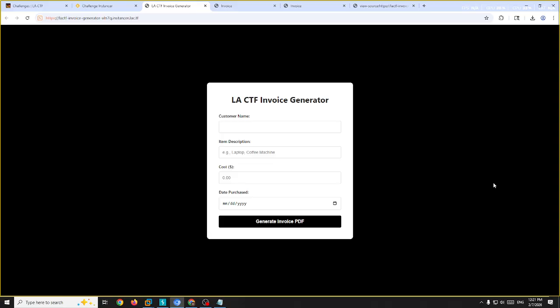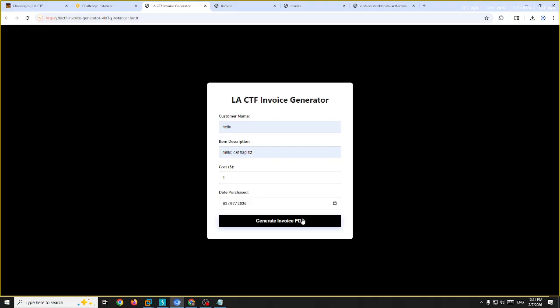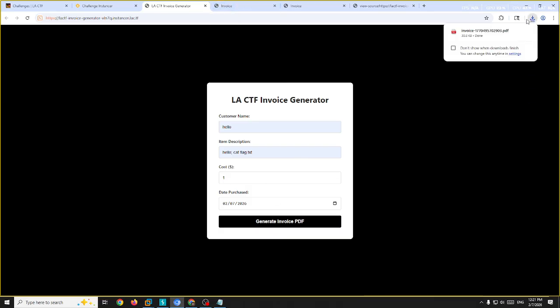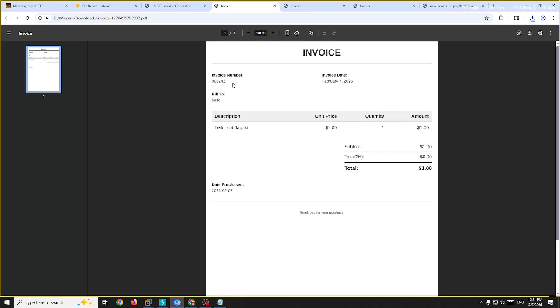So this is the invoice generator. You just type your name in here, and it generates a simple PDF for you. Let's give it a try. I probably will load up here in a bit, but yeah. It just says hello, invoice number, whatever you put in there. So you can see there's